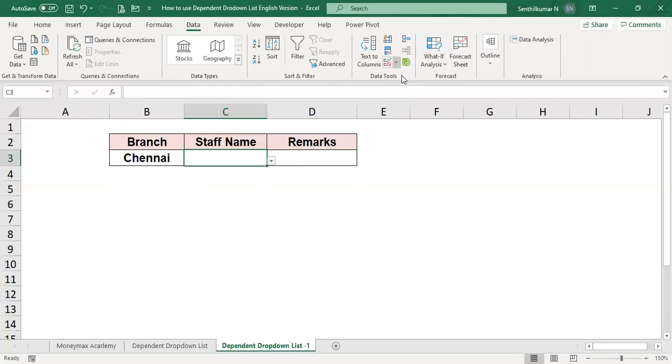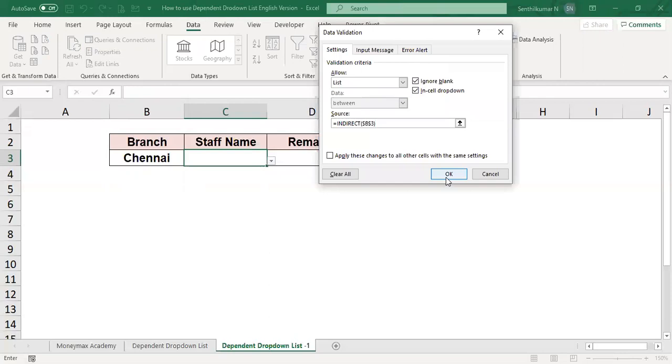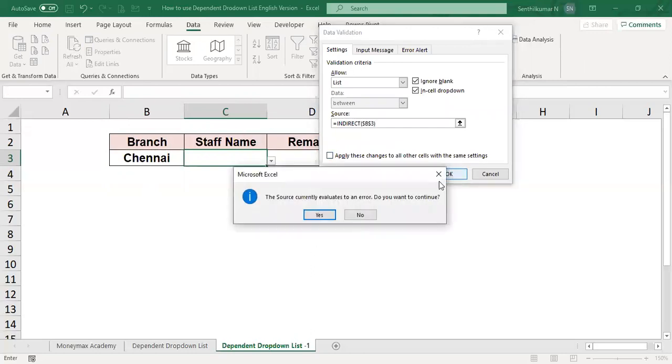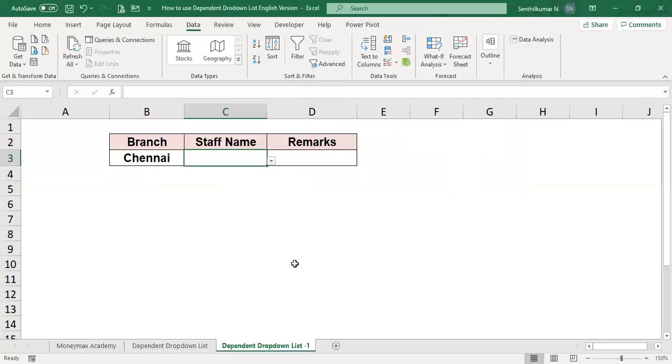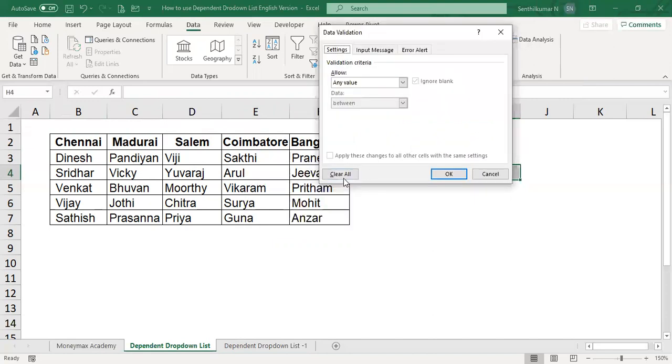Data validation, list, and then the INDIRECT formula: equal to INDIRECT, open the bracket, select the cell, close the bracket. The source currently evaluates to an error. Do you want to continue? So we have to remove the formula already used, remove the validation, clear all.